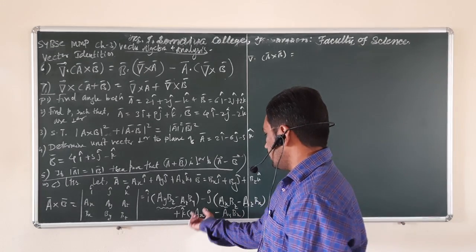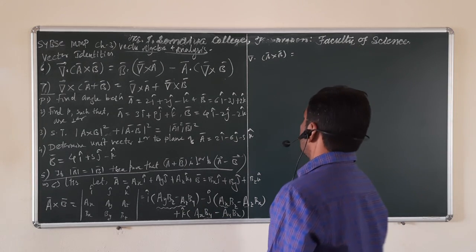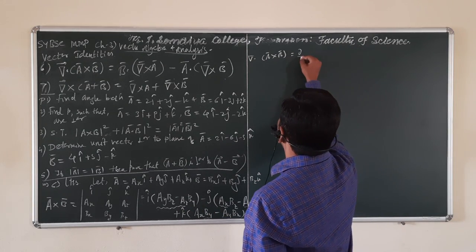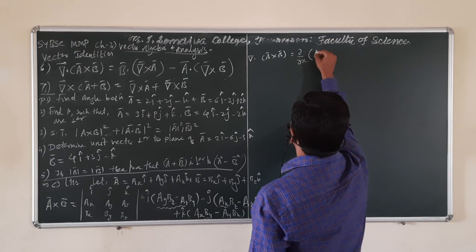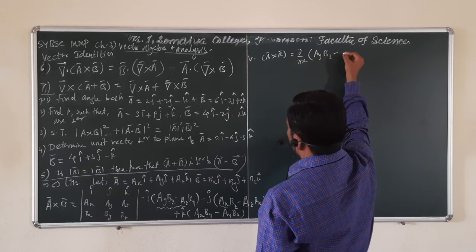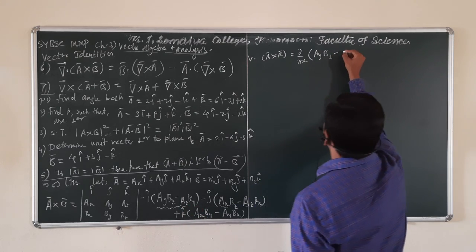So the first term is the partial derivative with respect to x of ay bz minus az by,